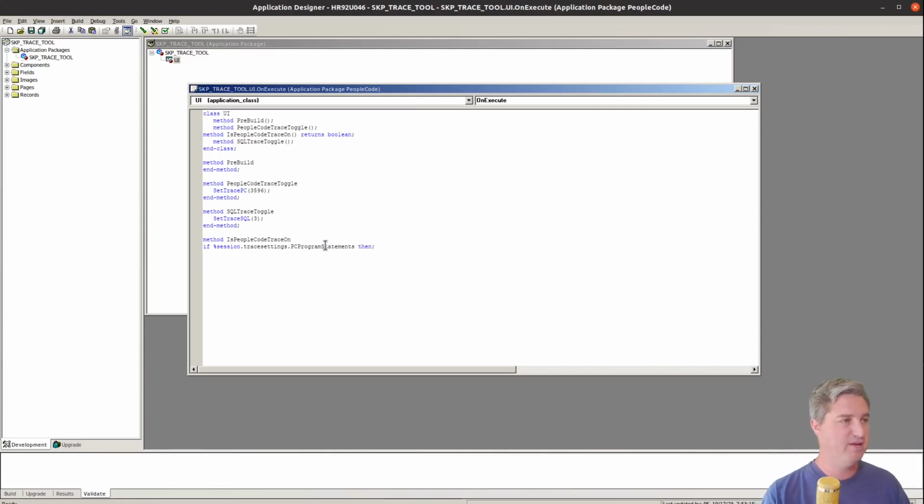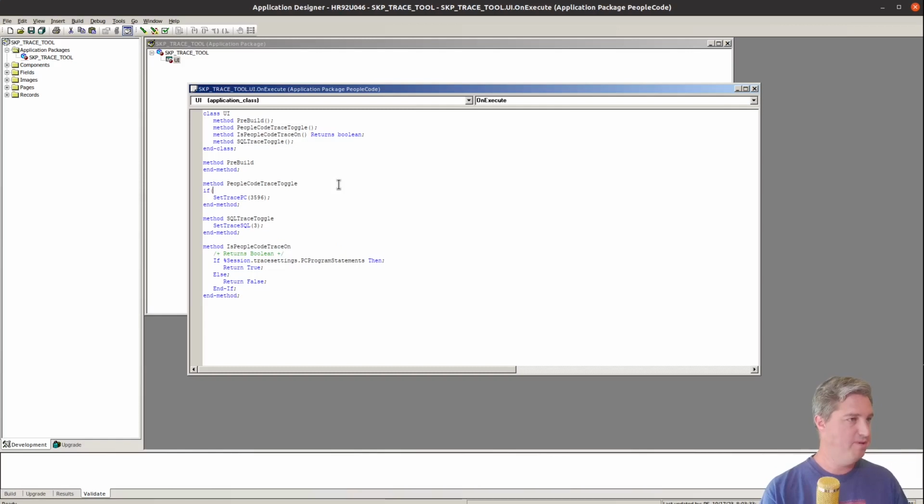Okay, so if that is true, then we're gonna assume, I could check all the values, but for now we're gonna just assume that is true. And we're going to say return true. That means it's on. Otherwise, return false. And end if, end the method. Okay. So now I can say up here, if this dot is PeopleCode trace on, then we want to turn it off. Trace PC 0 turns it off, else